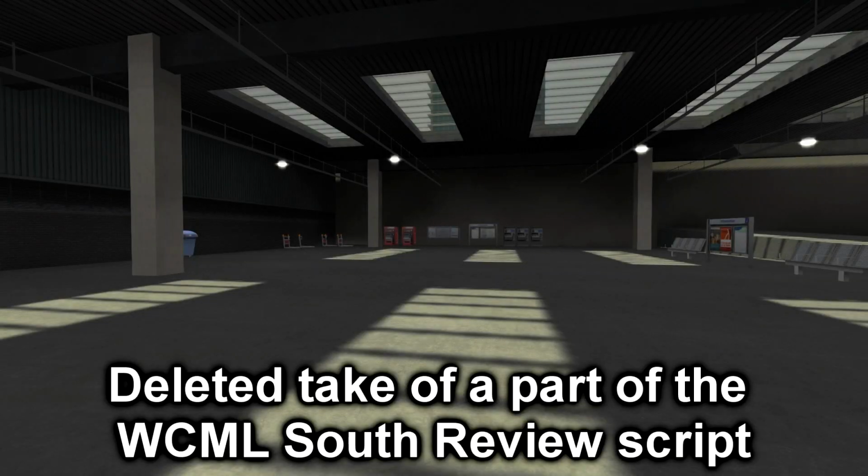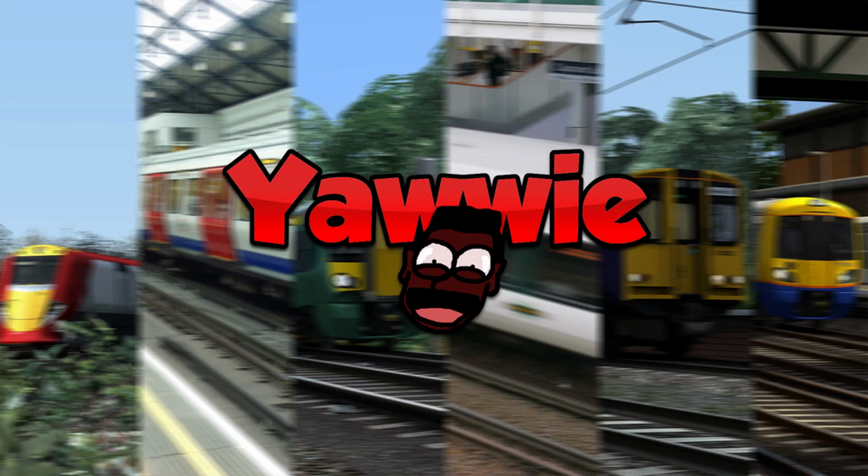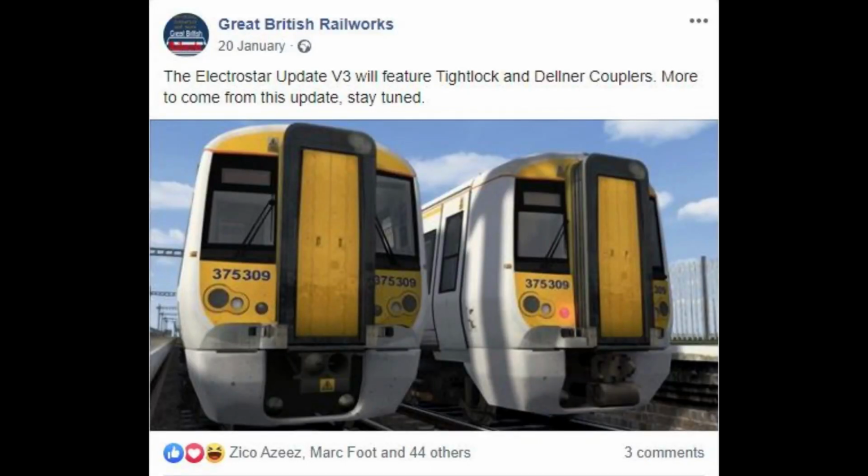I'm doing that again. I don't even know what that is. Or that. Or as Mark from Train Sim TV said, there's the whole Tenania, which will have all variants of the Electro Star, even the Class 387, and will be